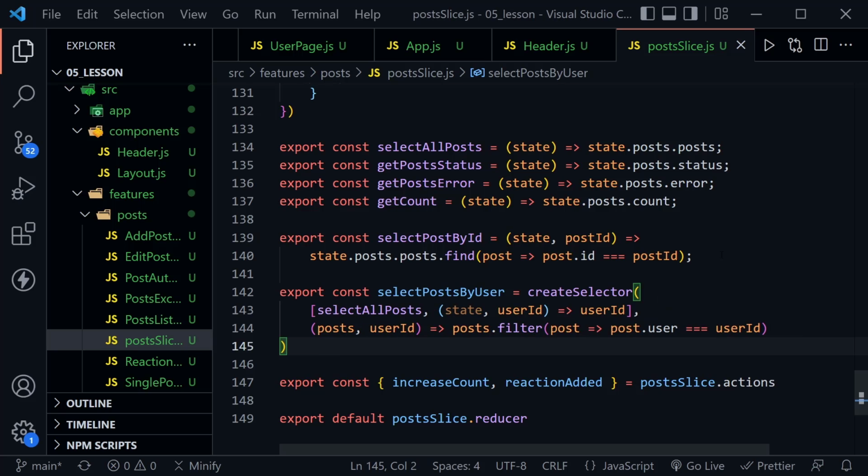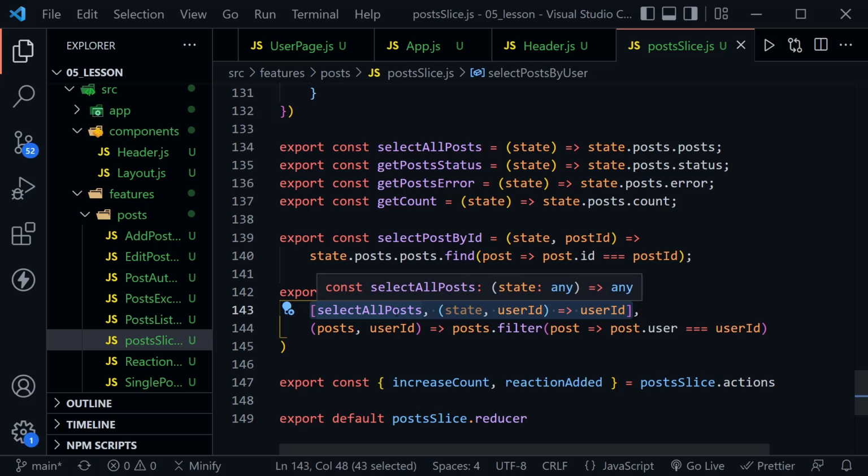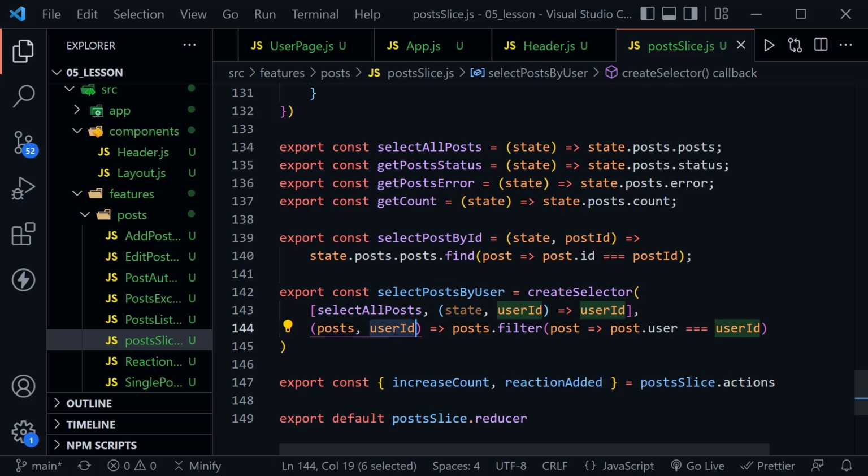So when I save, I think I'll get the formatting I want. Yes, so here we have select posts by user, and we're using our create selector. Create selector accepts one or more input functions, and notice they're inside of brackets like an array. That should be your first clue that these are dependencies. Actually, the values returned from these functions are the dependencies, and they provide the input parameters for the output function